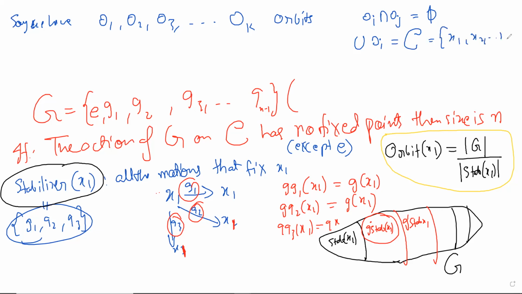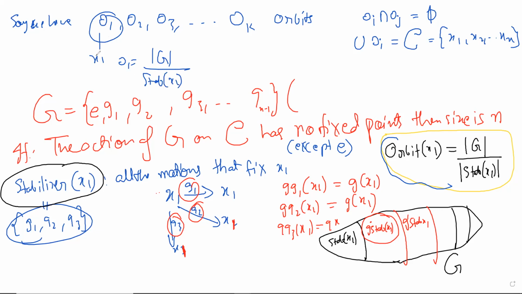They are a partition, and their union is basically going to give you the entire set of configurations. So your set of configurations has been broken up. Each part represents a unique thing up to symmetry. We also saw the size of each orbit. Now here is the thing: when I say this orbit, which element should I take? Actually you can take any element inside the orbit. Let's say x1 is there, then the size of O1 would be G divided by the stabilizer of that particular element.